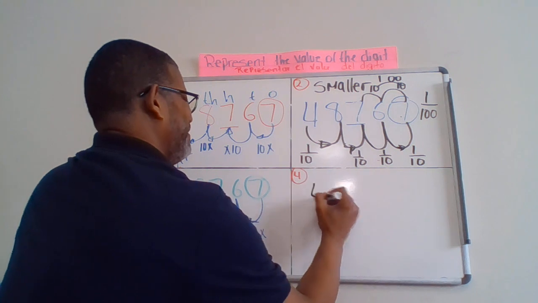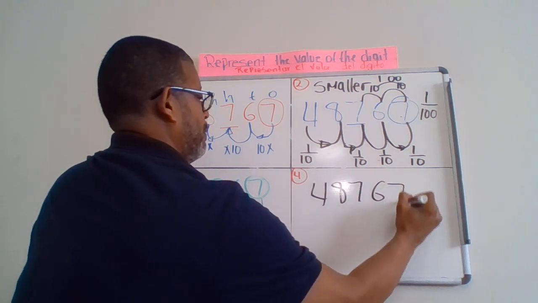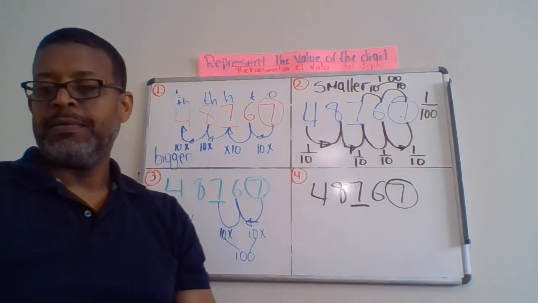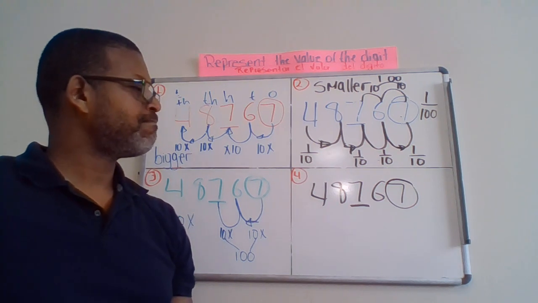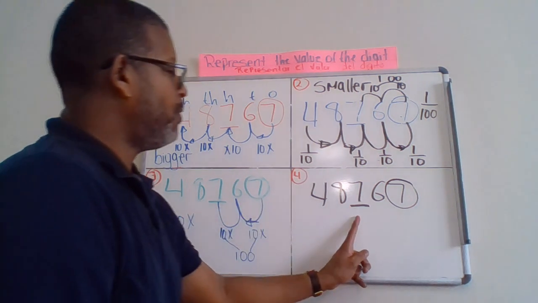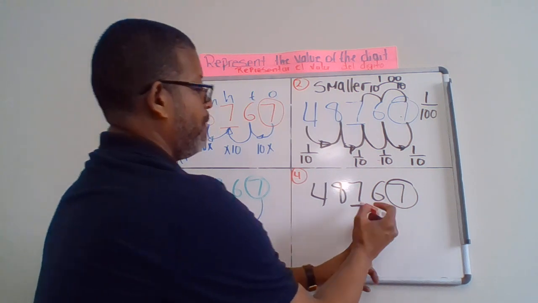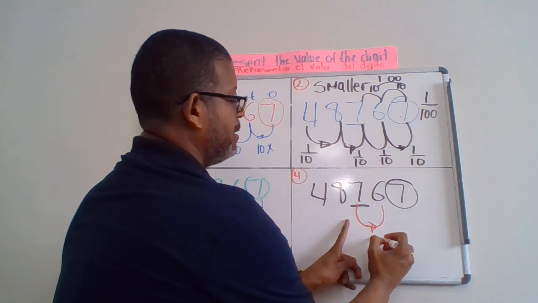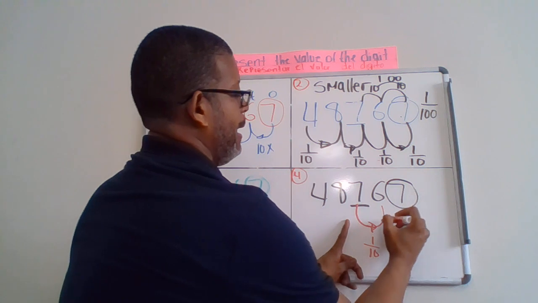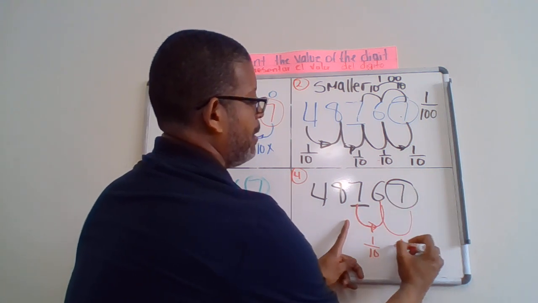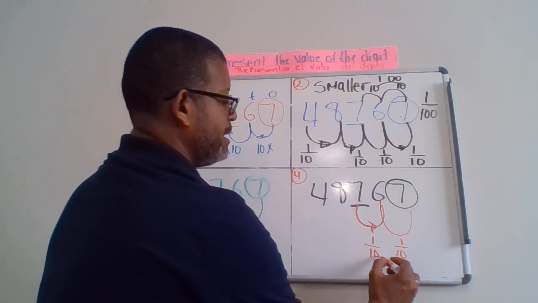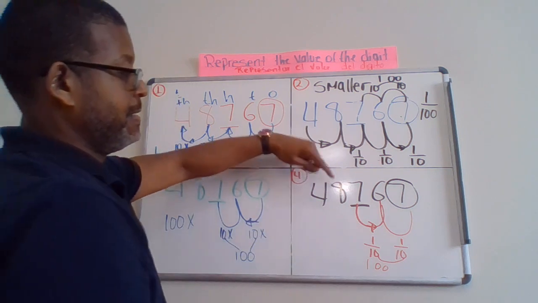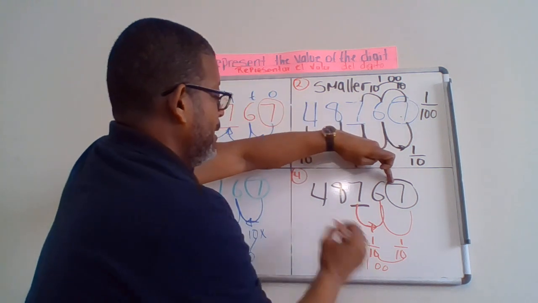We have our same number, and this number is highlighted and this is circled. Let's see. So now we're going to move from this number the other way around, in this direction. This is 1/10, and from the 6 to the 7 is 1/10. As you can see here, we have moved 2 zeros. So that means that this 7 is